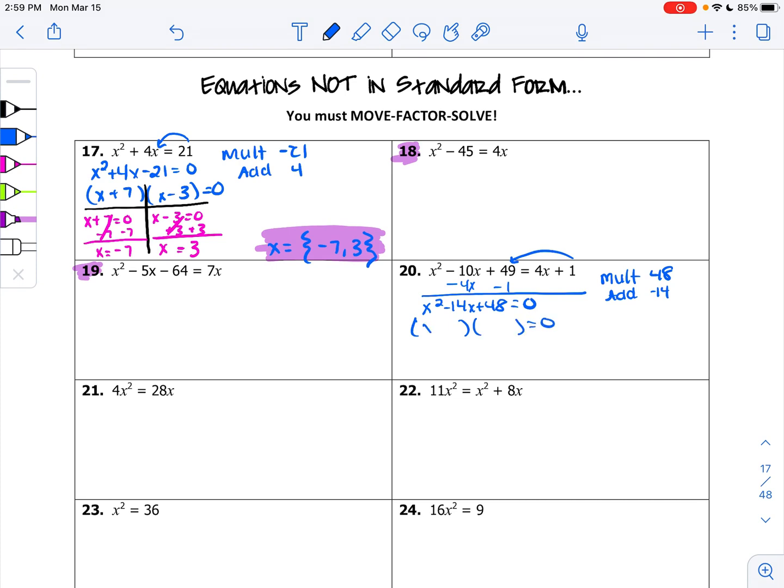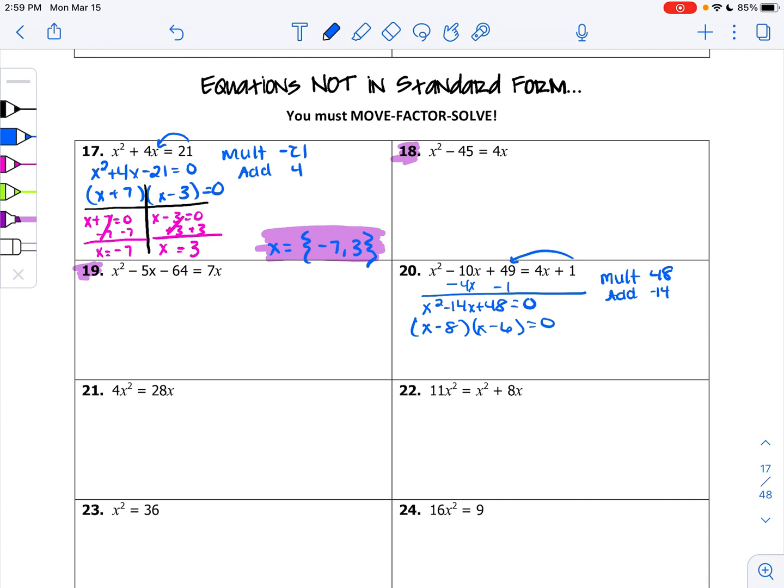We can go ahead and set it up and then think about that combination of numbers. Since they multiply to give me a positive 48, but when I combine them I get a negative, that tells me that both of my numbers need to be negative, and 8 times 6 is 48, and negative 8 minus